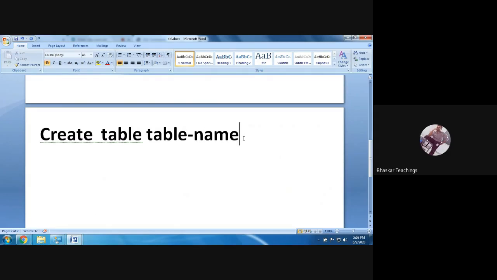And later, how a table is going to be: when we saw MS Access, we created a table called student details. There we created the table by giving field names, that is column names. So what actually is a table? A table is a set of rows and columns. Rows mean the student data, or employee data, entity data, individual data, tuple. But the columns are the fields of the table, the properties of the entity.